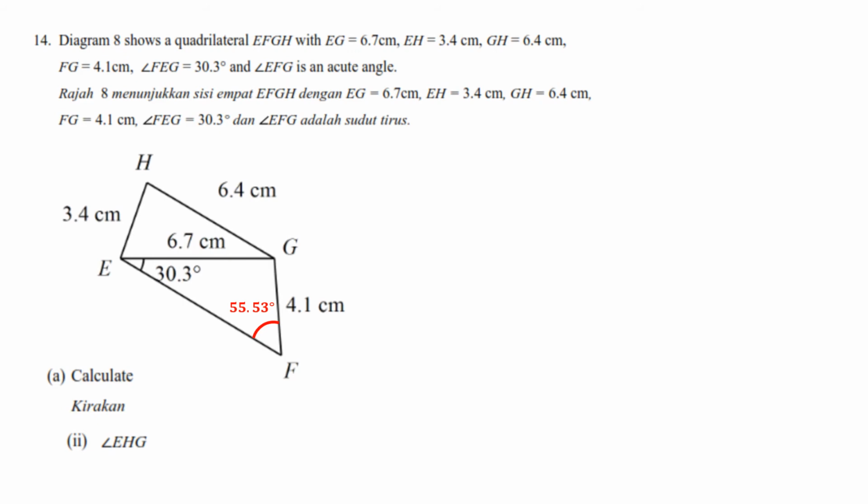So this is part B, part 2, where you are asked to look for the angle EHG, this angle. So then you check on this. You have 2 sides and you have 1 angle. The angle they ask from you is the included angle. So for an included angle, we use the cosine rule. So the cosine rule, what do we do? It is the opposite side,